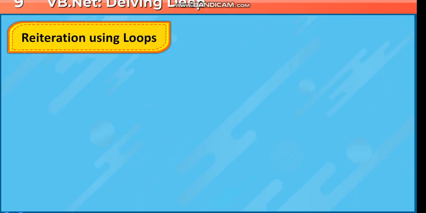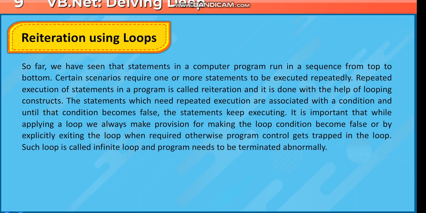Reiteration using loops. So far, we have seen that statements in a computer program run in a sequence from top to bottom. Certain scenarios require one or more statements to be executed repeatedly. Repeated execution of statements in a program is called reiteration, and it is done with the help of looping constructs. The statements which need repeated execution are associated with a condition, and until that condition becomes false, the statements keep